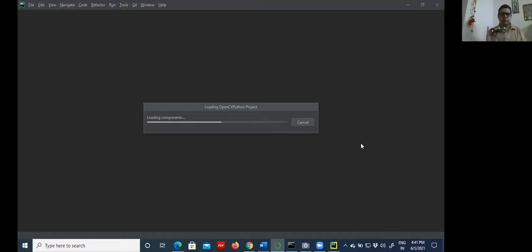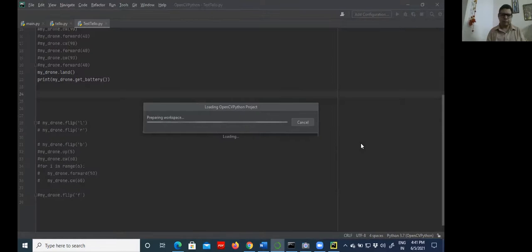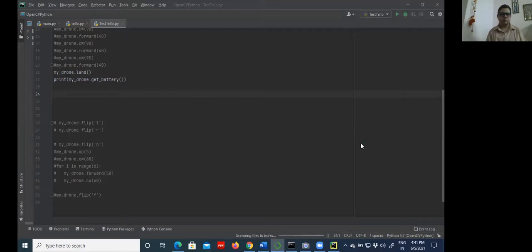It is compatible with any operating system. Now it is reopening, and we are getting the PyCharm environment. Preparing the workspace.